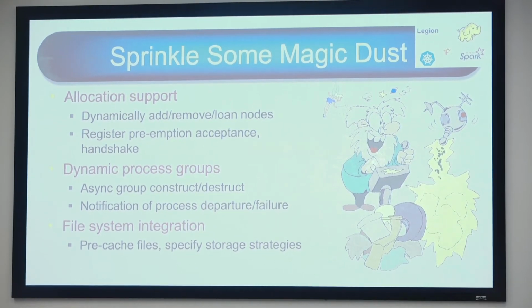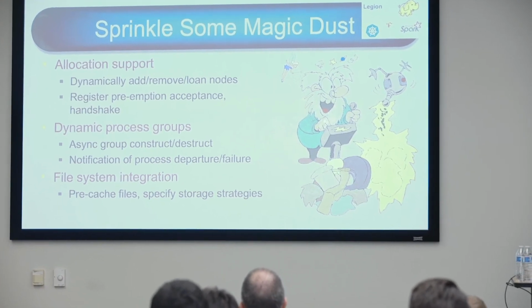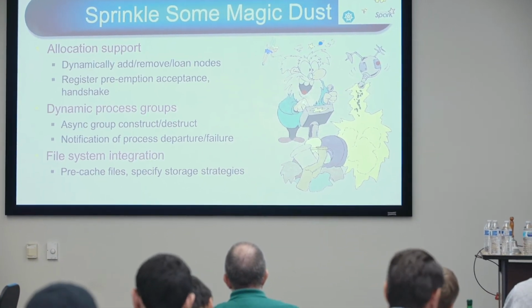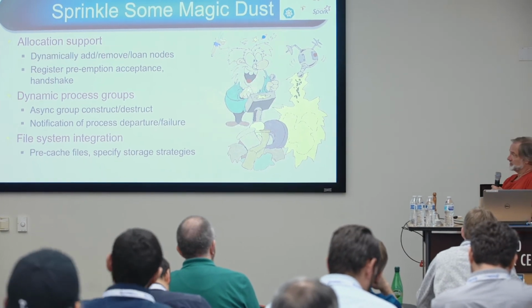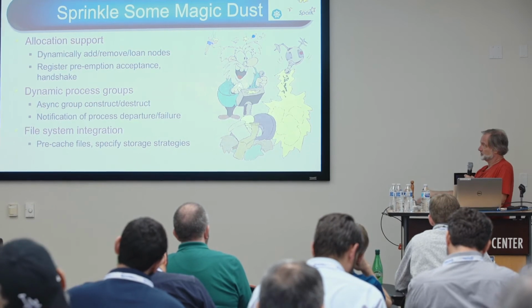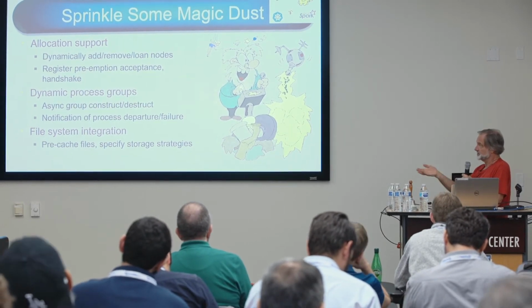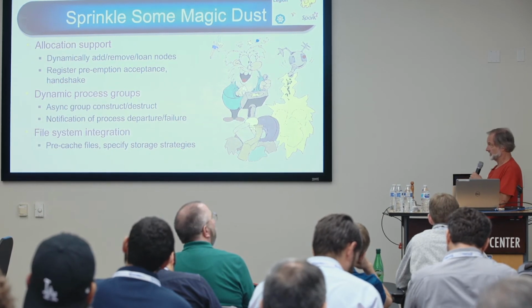Then you can also register your job and say, I'm willing to be preempted. And then when it's time to be preempted, there's a handshake that's been defined that says, I'm going to preempt you. And then you can ask for time to do, for example, a checkpoint. And then when you're done with the checkpoint, you can say, okay, I'm ready to be preempted, and then be preempted. So there's a way to make this stuff a little bit more friendly.